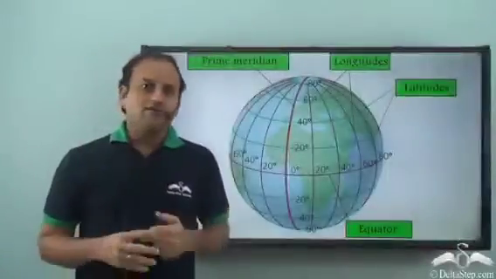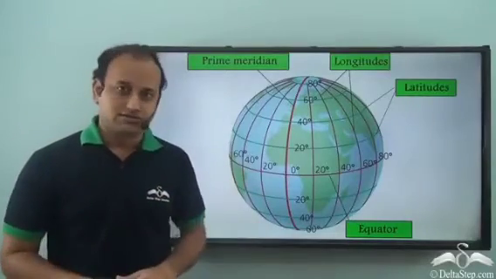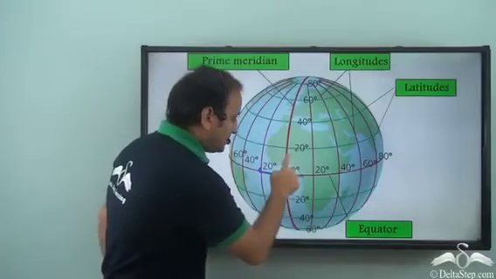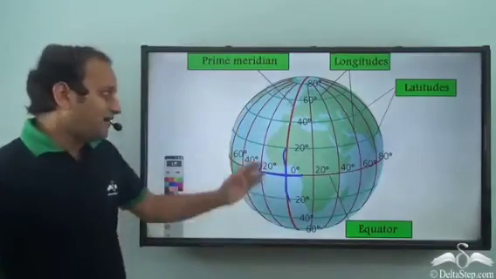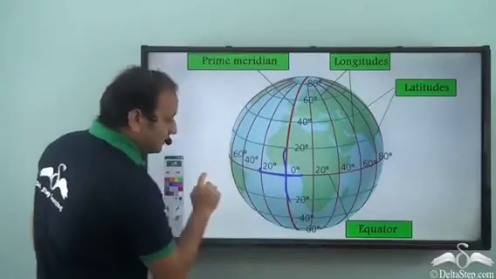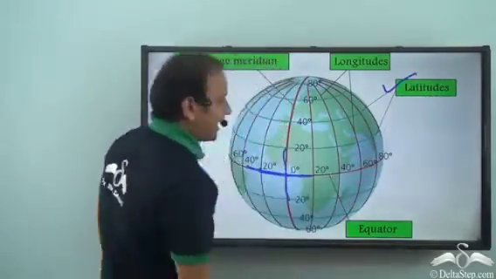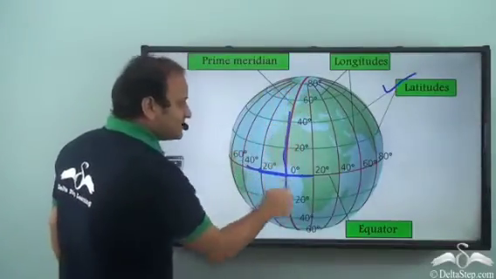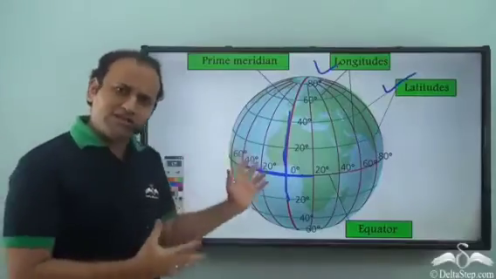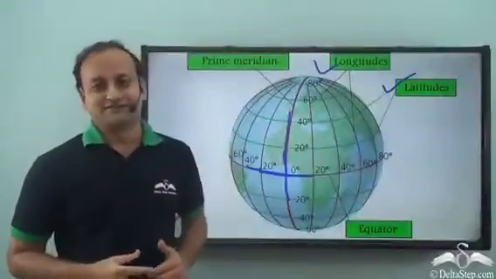So you see, we have, for our convenience, drawn a number of lines on the entire Earth. Among them, the prime meridian and the equator are the most important ones. And with them as the base, we have drawn some other lines. For example, with equator as the base, we have all the different latitudes. And with prime meridian as the base, we have all the different longitudes. And with the help of all these latitudes and longitudes, we are able to locate any place on planet Earth.